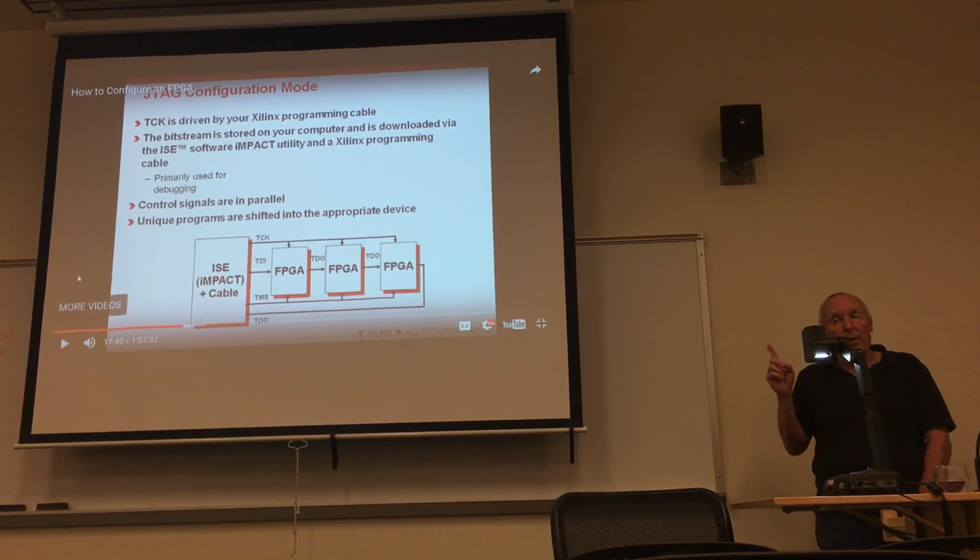He made an important point here. Whenever you design a board that's got an FPGA on it, you need to provide a JTAG interface. It's only 4 lines, the 4 that you see there. So it's not gonna occupy any room or space or whatever. It's primarily used for debugging because your configuration information is on a PC. So I'm trying out different types of configurations to get my FPGA to behave the way I want it to. Debug